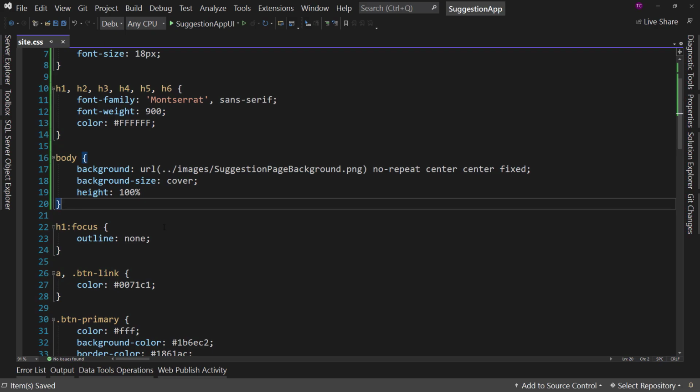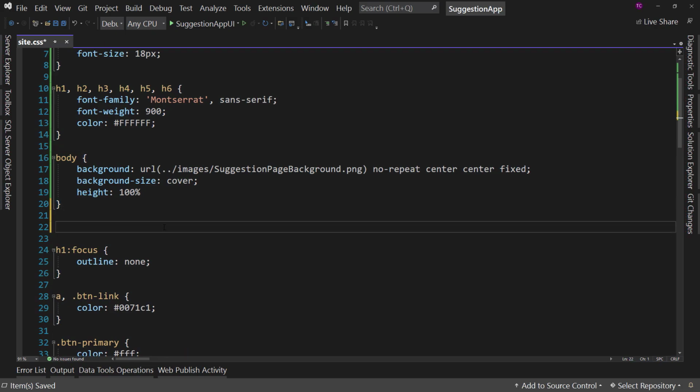Now, some of the things we do here are going to be basically, hey, I'm telling you to do this because I know it's going to look right. And it's not always going to be as obvious at first why we're doing it. But what we're going to do is, this is the end result of me playing around with CSS for about